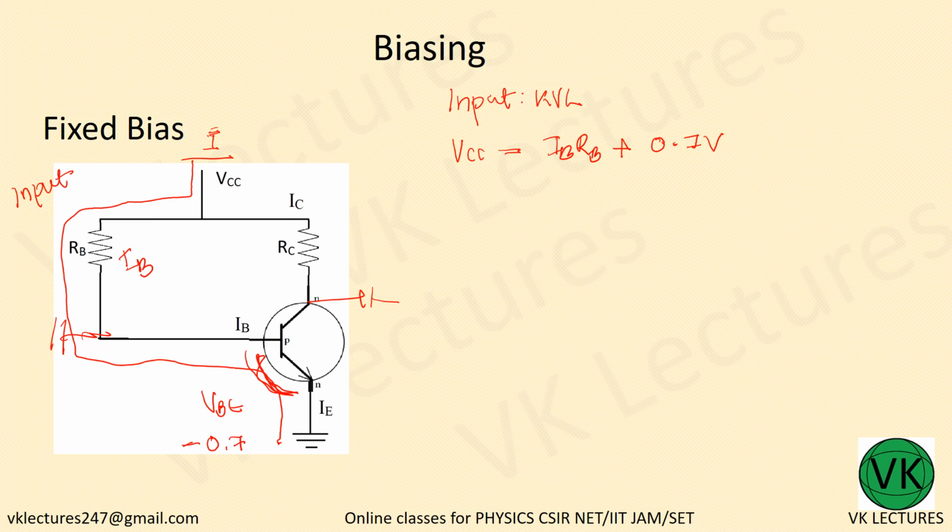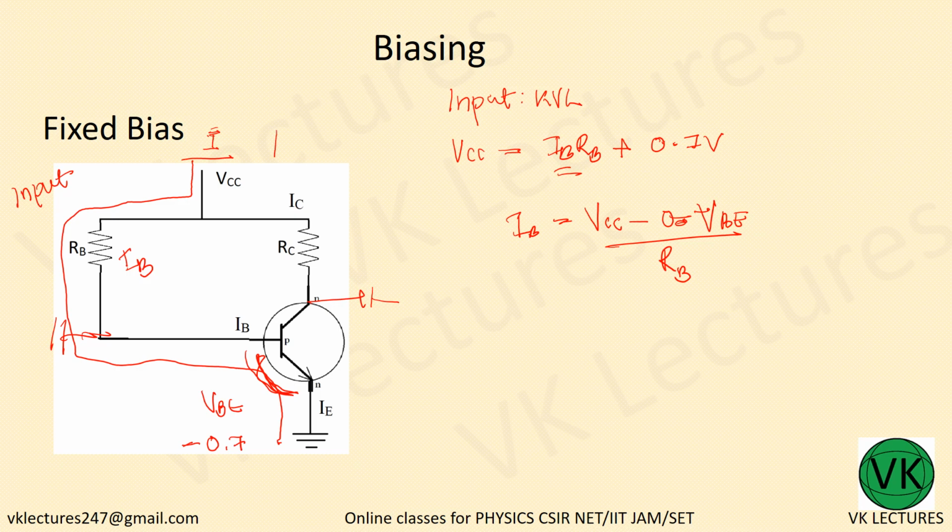Now what you want is IB, the current flowing into the base or into the transistor. IB is equal to VCC minus 0.7, or you can write VBE, divided by RB. So this is the current. Now similarly we can apply